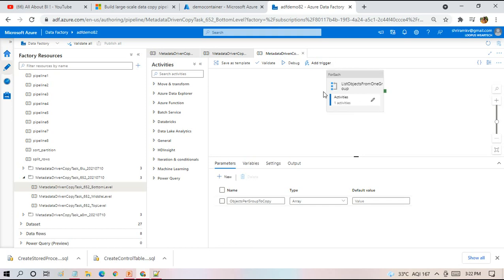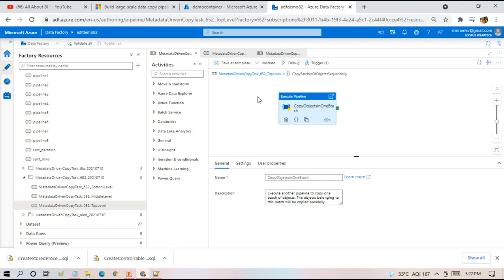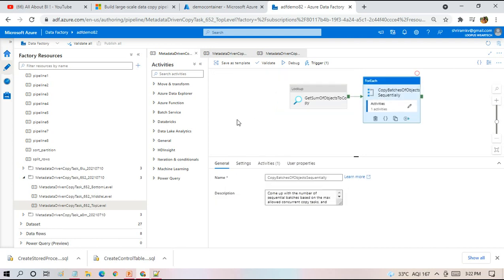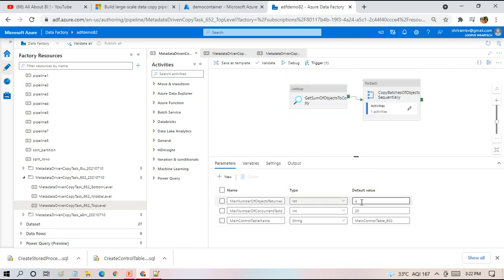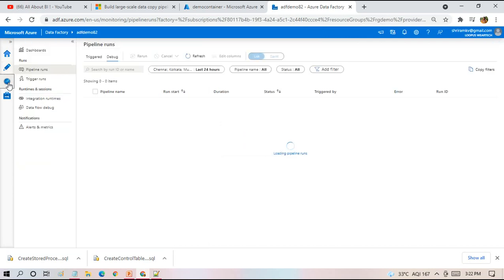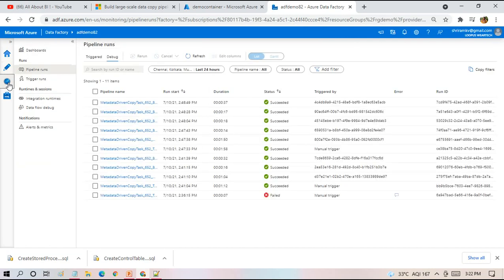So literally to test it, I didn't touch any of these pipelines at all. I just set the parameter values in the top level pipeline. I just changed these values and played. Okay, in my case the number of tables was equal to 16 when I executed this. So I had 4 batches. Okay, I'll show you how it got executed. So when I say 4, my bottom pipeline would be executing 4 times in order to load 16 tables.